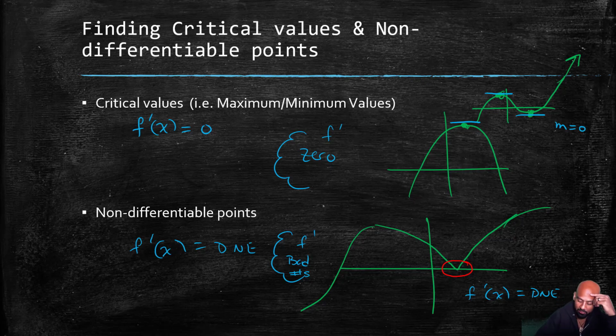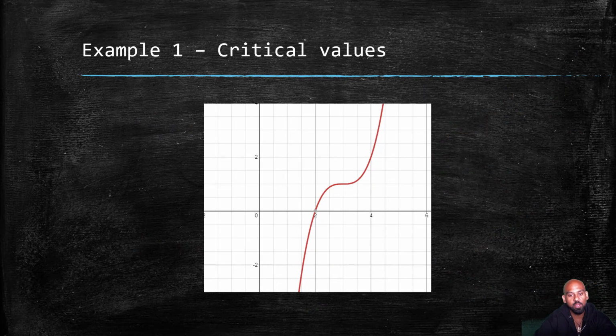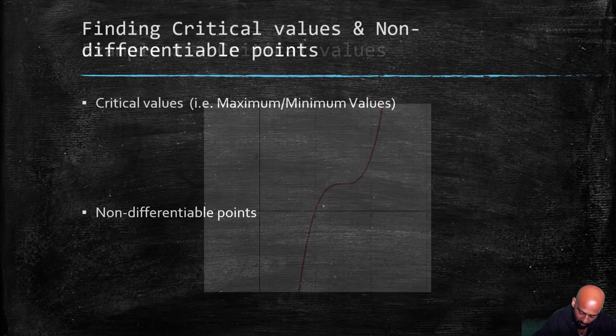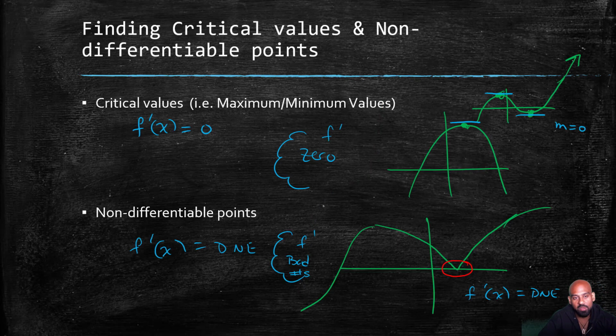All right, here's a few examples just so you guys get it. All right, so where is the critical values here and how could it look? Well, check this out. Actually, maybe I'll go back and talk about one more thing. There was one thing that we did not talk about on that slide, and that was the intervals of increase and decrease. So knowing when things are going to be, say,